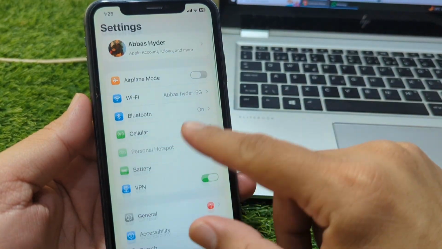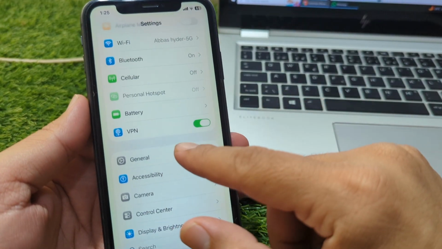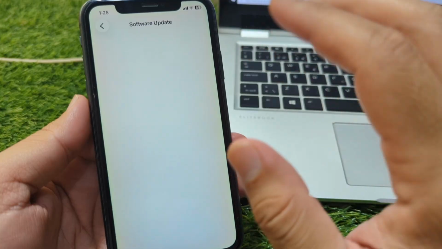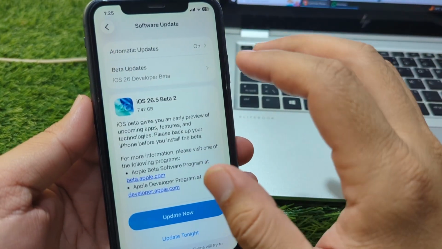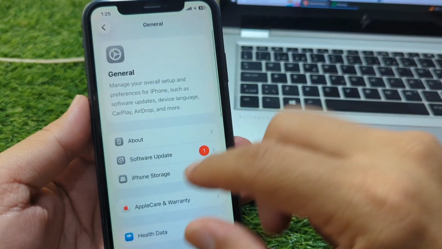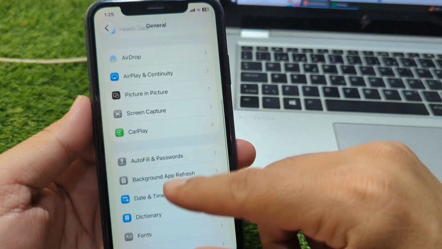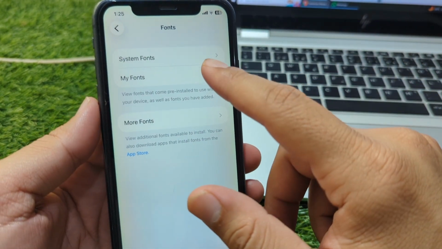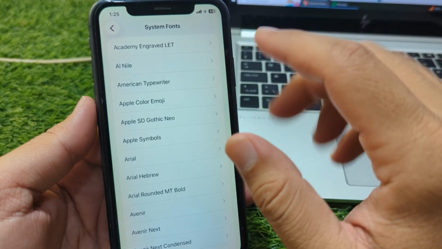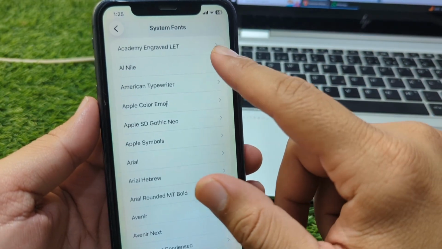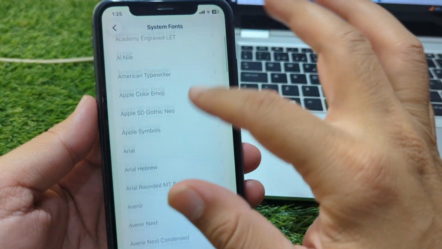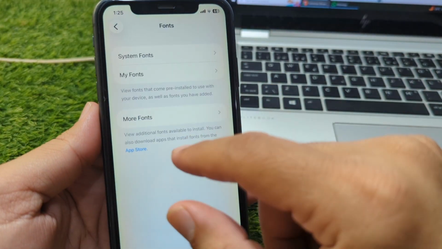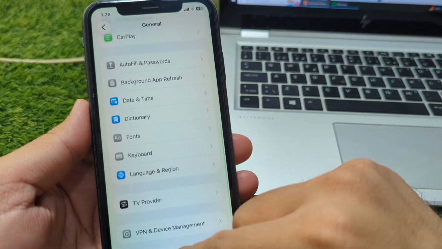So guys, first of all, go to your settings and then go to General, go to Software Update and update your software to the latest version. So guys, do this, and after this go back and now scroll below, and from here tap on Fonts, and from here you can go to System Fonts, and from here you can select any system font if you are able to select it. So guys, the first way is this, and the second way is that you have to simply go back to your home screen